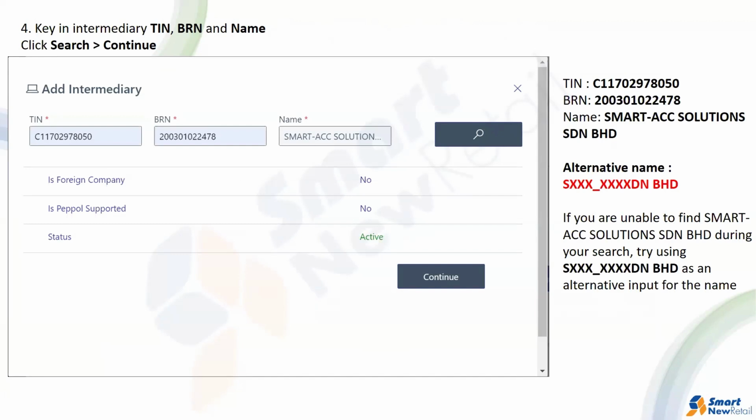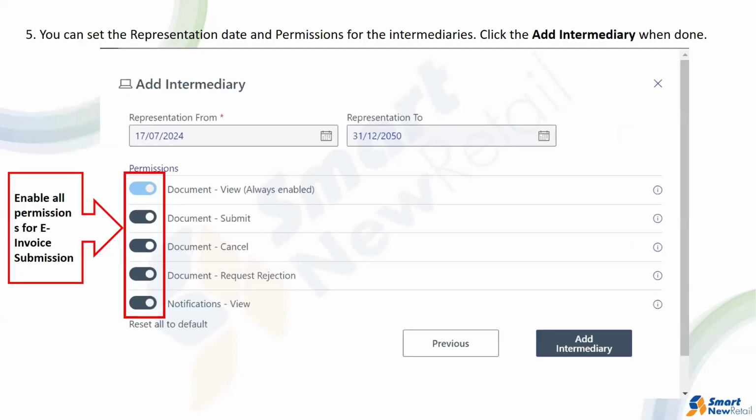Then you can continue. So in case you type in the name Smart-ACC Solution Sendirian Berhad, but you're unable to find it, you can try to use the alternative way, which is the SXXX underscore XXX, to search. So usually you will be able to find. So once you click on continue,